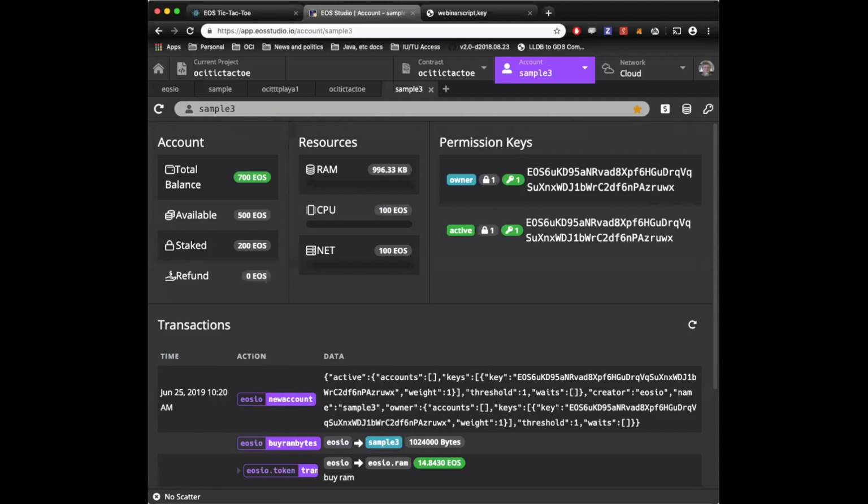Now, I'm not going to get into actually configuring a multi-sig contract permission right now. It's a little too involved, but multi-sig is very important. Also, multi-sig stands for multiple signature, and what that means is that you can have permission sets that require,